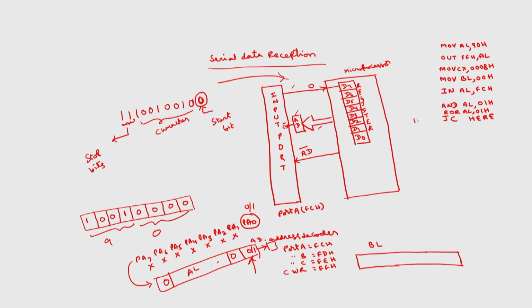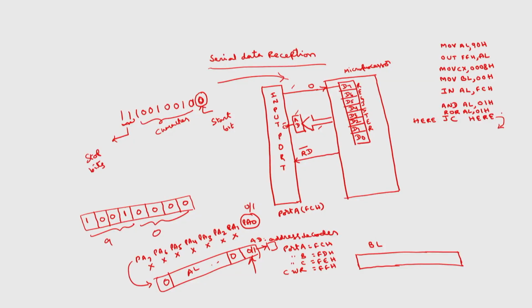I will wait until the last bit, which is the first received bit, will be 0. This is an infinite loop. So, this will come out of the loop whenever the last bit is 0, that is, the start bit is 0. If the start bit is 0, then it will come out of the loop. Then it is not enough actually, the start bit has to be 0 for 0.83 milliseconds. So, what I will do is I will call a delay of 0.83 milliseconds.